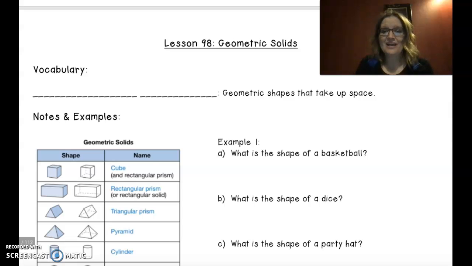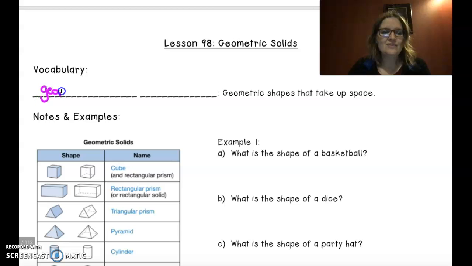Hi, today we're talking about lesson 98, geometric solids. You have been exposed to geometric solids all over the place, and you're thinking to yourself, what in the heck are you talking about, Mrs. Daw? Looking at our vocabulary,